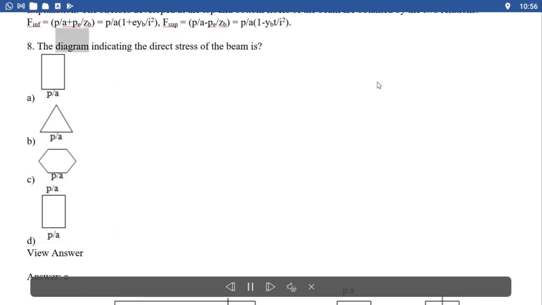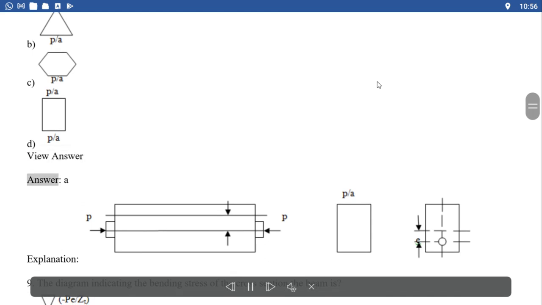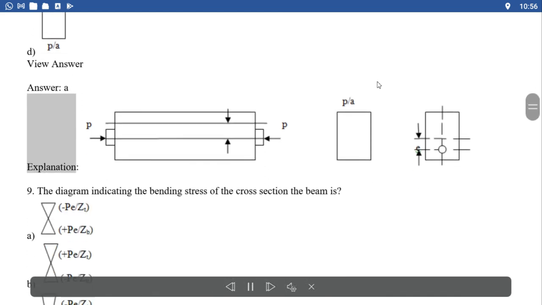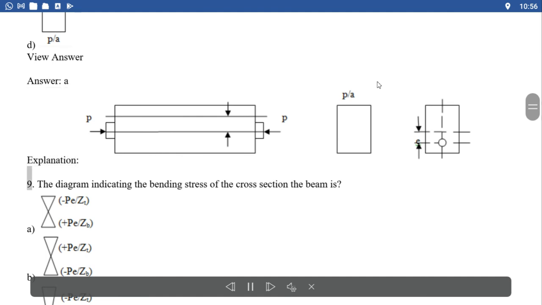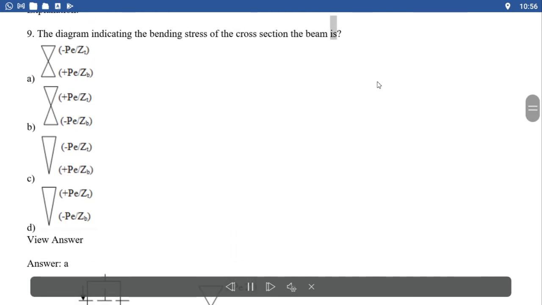8. The diagram indicating the direct stress of the beam is A, B, C, D. Your answer. Answer A. Explanation. 9. The diagram indicating the bending stress of the cross-section of the beam is A,